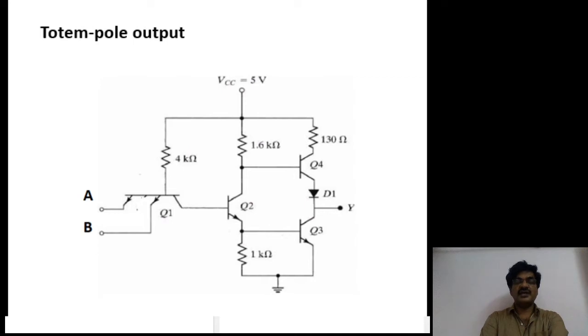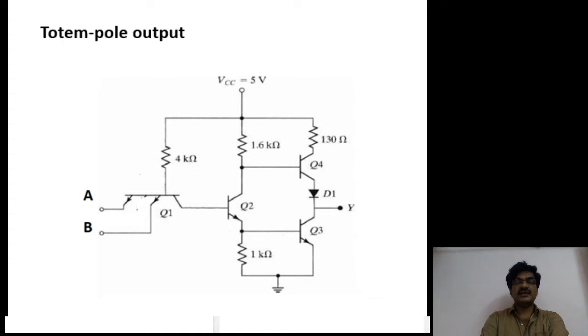Why is the propagation delay large? Because of storage time. Why is the storage time effect high here? It is with reference to logical values. We have two logic values, logic 0 and logic 1. Logic 0 is considered when the transistor is in on state. That means it operates in the saturation region.